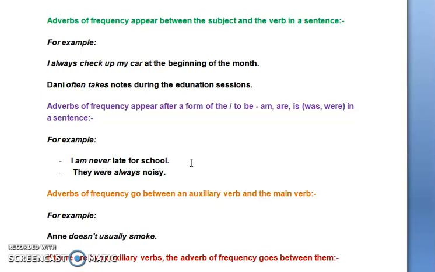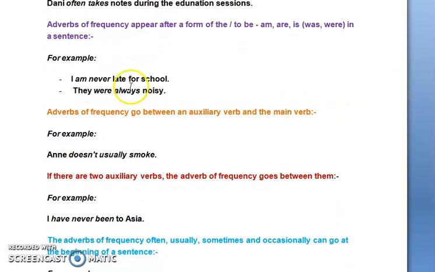ف I'm never late for school. Okay. I'm never late for school. إحنا زي ما بنحكيها هي أنا عمري ما تأخرت عن المدرسة. هون never أعطتني معنى الإنكار إنه أنا بحياتي أو بعمري ما تأخرت عن المدرسة. تمام؟